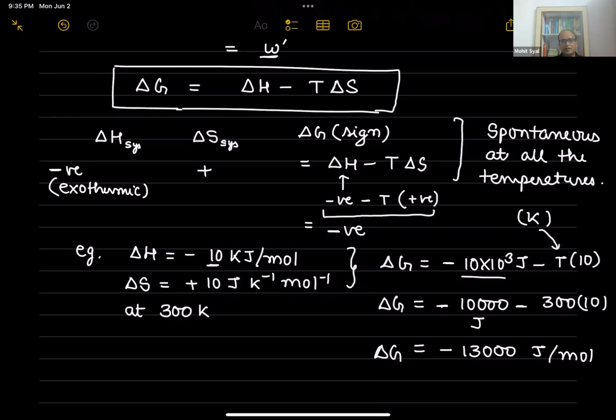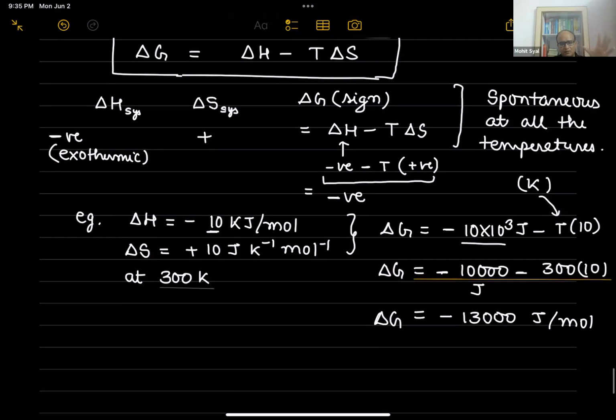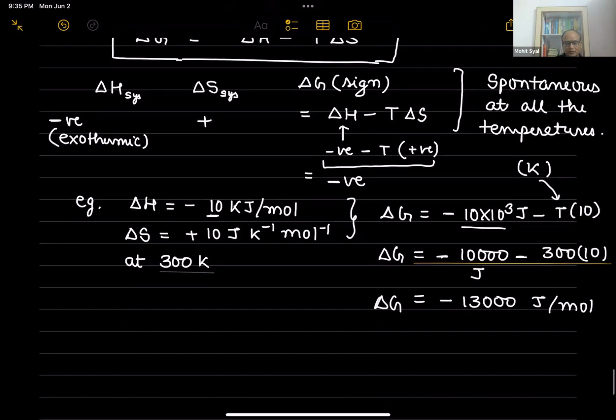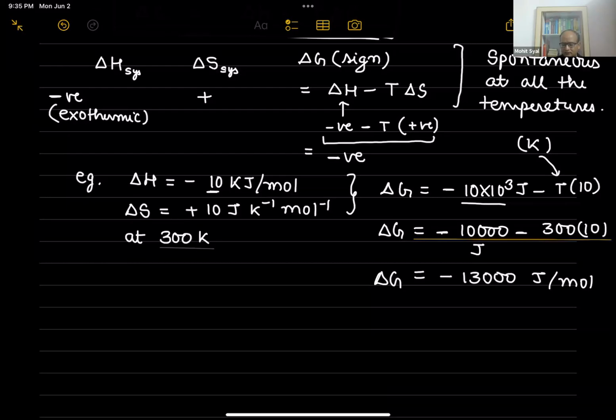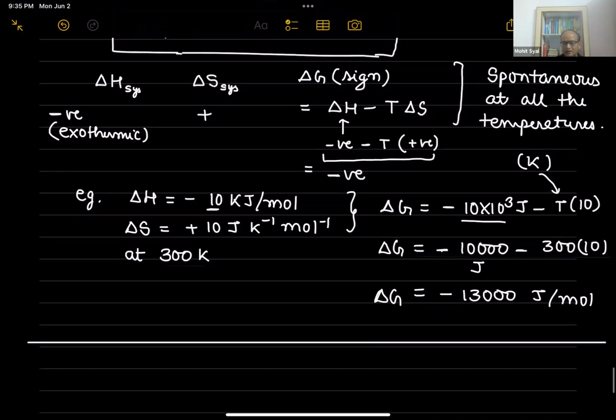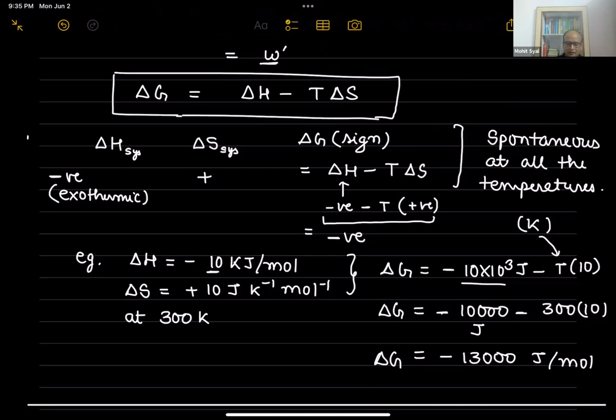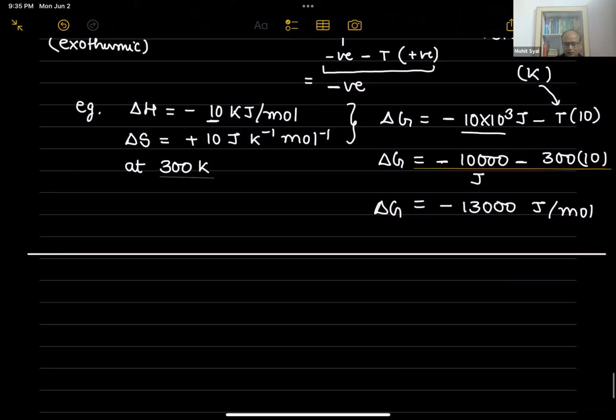Because always delta G is going to be negative. Example is like burning of methane. Heat is released and the gaseous molecules are being formed. So it is favorable. Entropy is also increasing. Heat is going out and it can happen. Okay. Let's take another case. Second case. This is the first case. Let's talk about the second case for a reaction